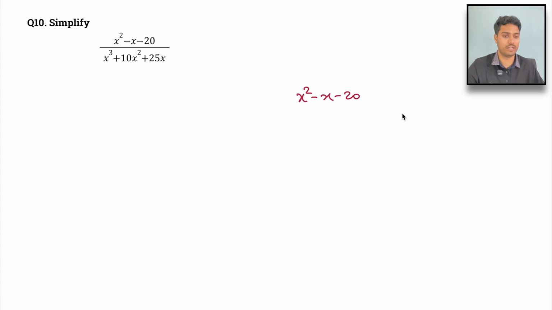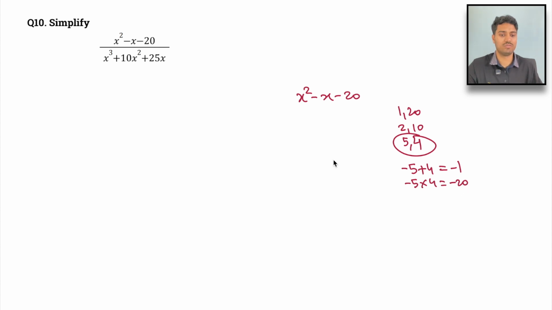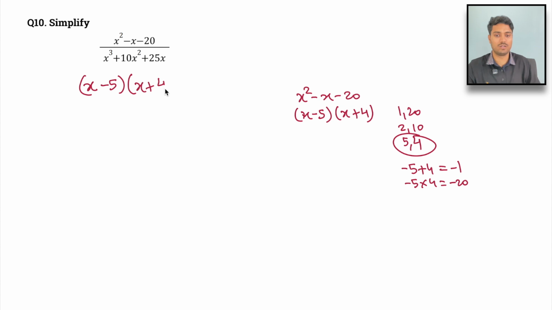So for 20: 1 and 20, 2 and 10, 5 and 4. So definitely 5 and 4 can give us 1, and 5 fours are 20. So minus 5 plus 4 will give us negative 1, and negative 5 multiplied by 4 will give us negative 20. So the factors will be x minus 5 and x plus 4. So we can write it as (x minus 5)(x plus 4) whole divided by,